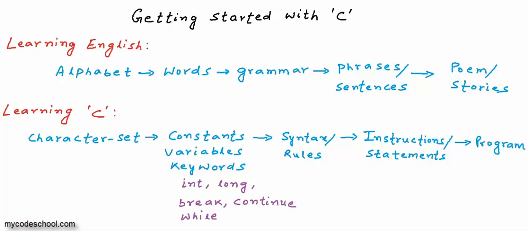To write a poem or story in English, it takes more than just the knowledge of English language. You need to have some more skills apart from language skills. Similarly, programs are written to solve some problem, to perform some task. You must first have a computational logic to solve a problem, and then only you can implement it and write a program. For example, let's say you want to write a program to calculate compound interest, but you do not know how to calculate compound interest. You do not know the formula. So now, even if you know C or any other programming language, you cannot write a program to calculate compound